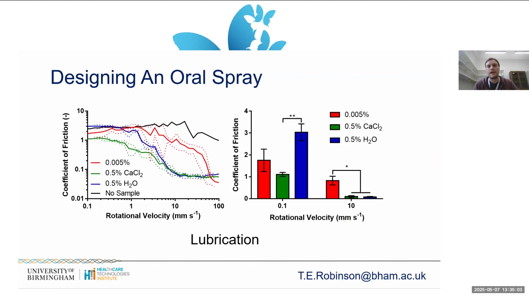I quickly want to go back to the lubrication slide because that's what all these different bars mean. That green bar that I was highlighting earlier is the one that has the polysaccharide, the carrageenan, structured into that fluid gel material using calcium, and you don't get the same effect with water. And if you have a much lower concentration of the polysaccharide, then you don't get that lubricating effect at all. I didn't mention it earlier, but you can improve spraying by just having less polysaccharide in because there's less entanglement. But you then lose not only the lubricating properties, but also the other material properties that make